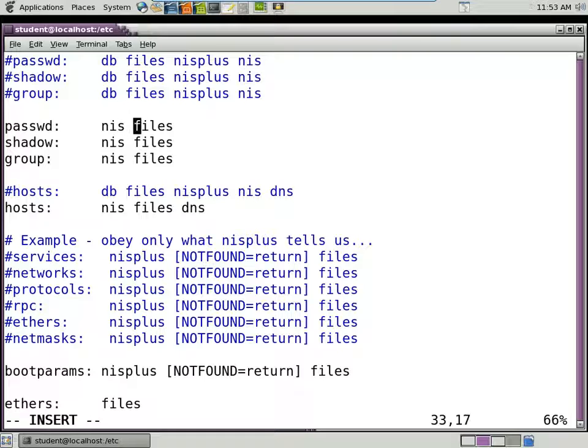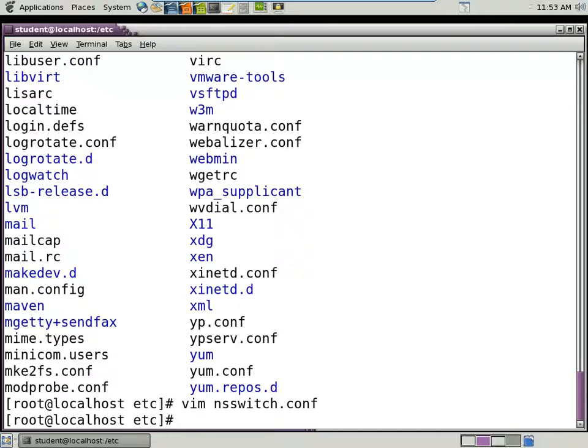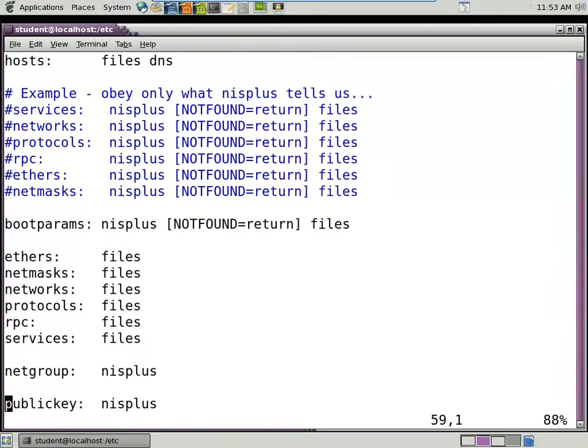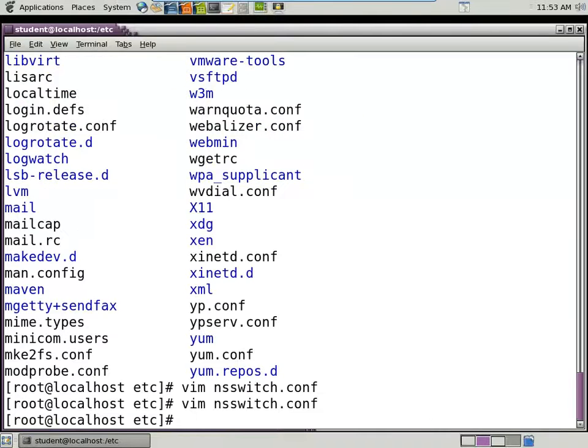All right. With all that said, I'm going to mess things up if I don't set it back to just files, and I do not want to mess this up. So for that reason, I am going to remove my NIS. If you do happen to type it in while you're watching the video, make sure you remove this right here, so it doesn't go looking for an NIS server that's not there and never finds it. It's really not cool. I'm just saying. Let me make sure I didn't put it on anything else. I didn't. Okay, that's what I thought. Cool. All right, I saved it out. So that is the